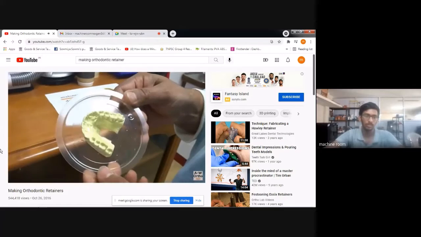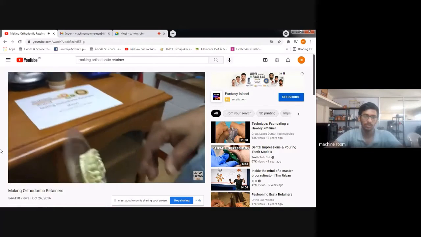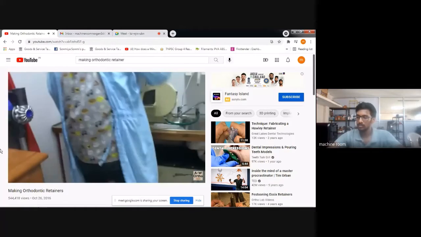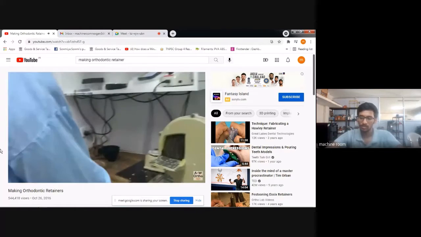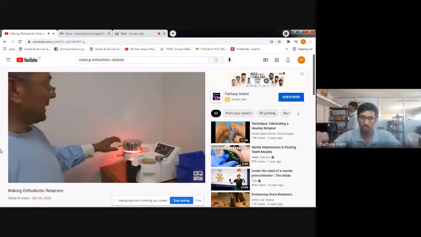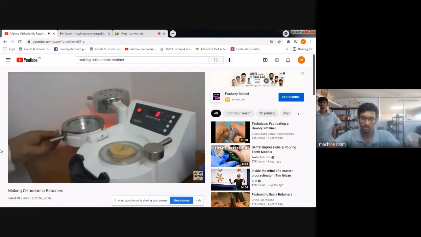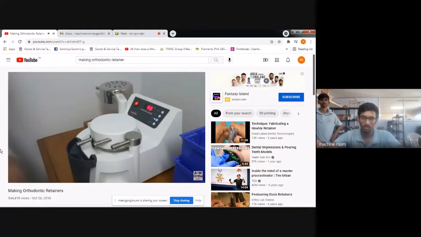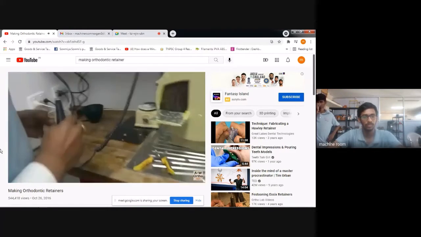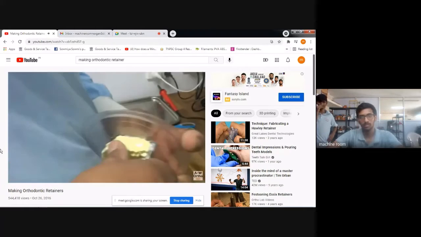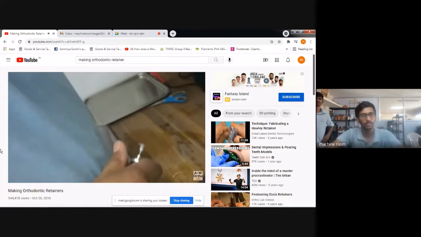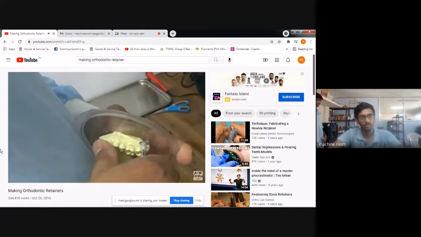Once it comes out like that, we remove it from the machine and take it across to our trimming station. You can hear the machine is now beeping. It's giving us a 5-second warning. So we close it like that. And then we come over here. Once that comes out of the machine, we come to this stage of trimming. And basically, turn that up a little bit.